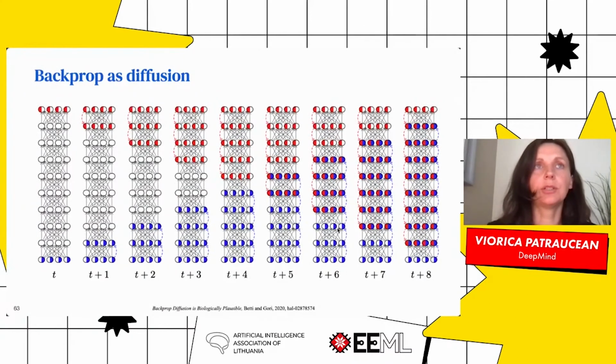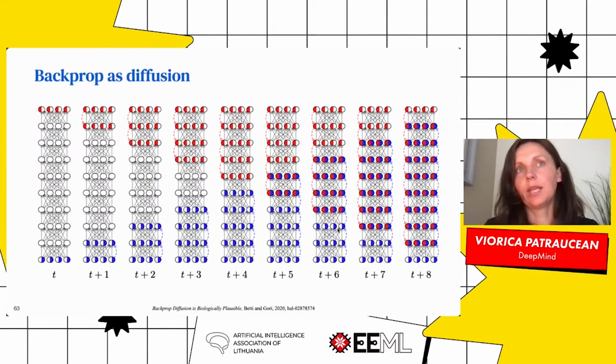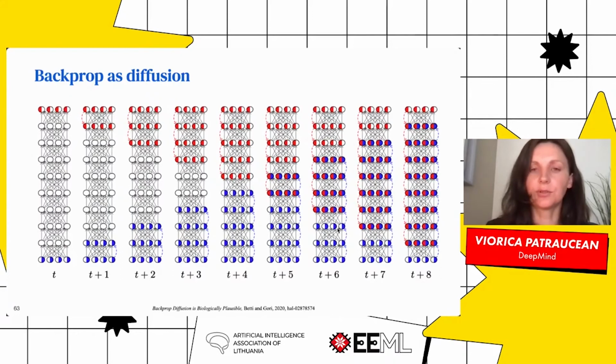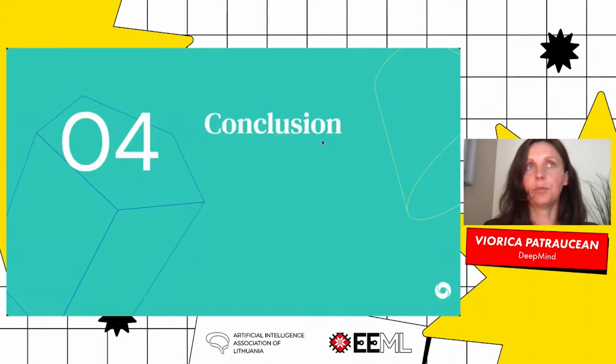So, just to mention a concurrent work, a theoretical work that is very similar in connectivity to ours, where they use diffusion equations to frame backprop, and this actually results in a more biologically plausible training scheme. They just gave a theoretical framework, and I am very curious to see if we can combine their theoretical findings with our empirical results to have a very principled training scheme.